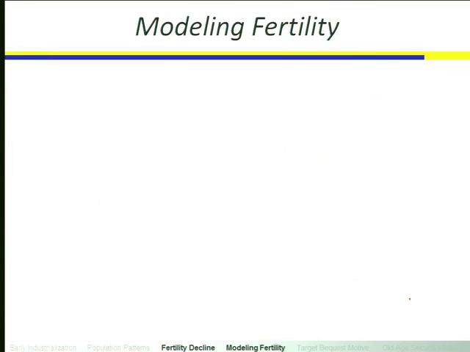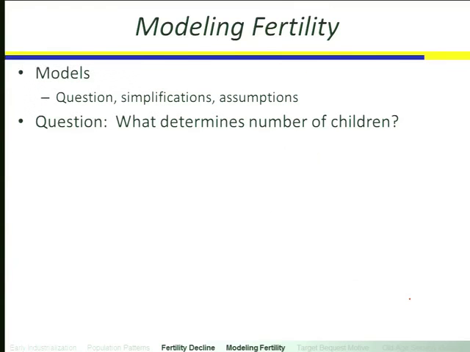All right. When we model anything, remember, economic models are characterized by three things: a question, simplifications, and assumptions about behavior. When we model fertility, we need to start with the question, which in this case is what determines the number of children that a family will have. So the question that we're trying to answer with these models is what determines the number of children? Why is the number of children per family or per woman decreasing over time? Why is the number of children lower in the New England states than it is in the Midwest?